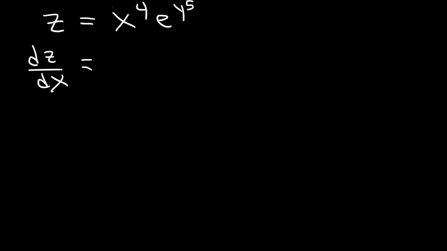So notice that x to the 4th is the variable, and e to the y to the 5th is the constant because it doesn't have an x variable. It only has a y variable. So we're going to differentiate x to the 4th, which is 4x cubed, and then simply rewrite the constant. So that's dz dx. Now dz dy,